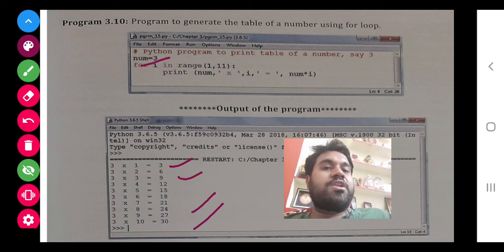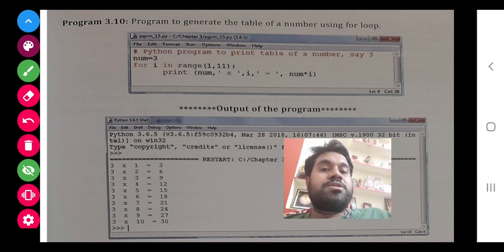As they have given num equals 3, so num multiply i here. It will display 3, it will display x, it will display 1, the value of i is 1 here, and here equals will come as it is, and finally num multiply i, that is 3 multiply i, so that is 3.